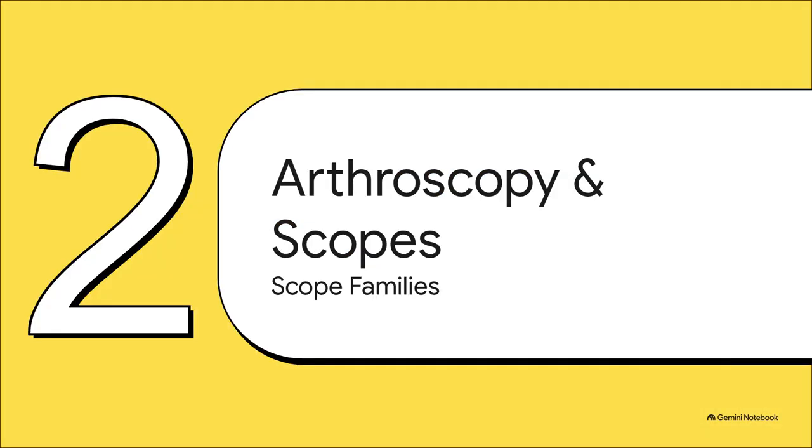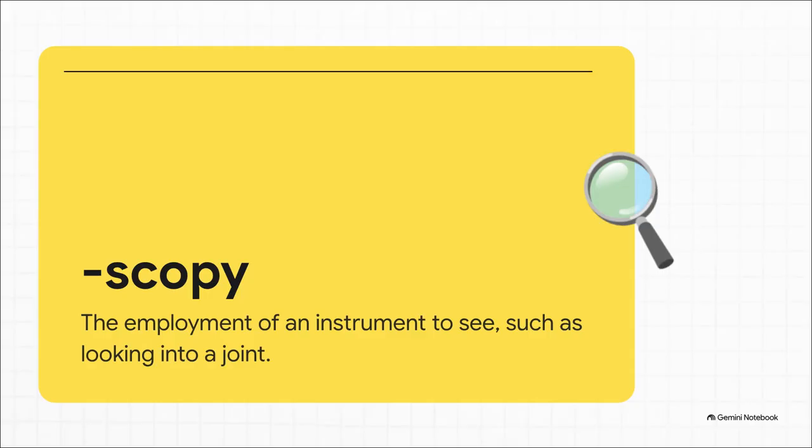Section 2. Arthroscopy and scope families. Let's break down the terminology. The suffix scopy literally means the employment of an instrument to see. It's pretty incredible. Orthopedic doctors create these tiny incisions called portals. One portal is for visibility, and the other is for slipping in incredibly small tools. They inflate the joint with fluid, and suddenly, the surgeon can inspect the entire interior of a knee or shoulder